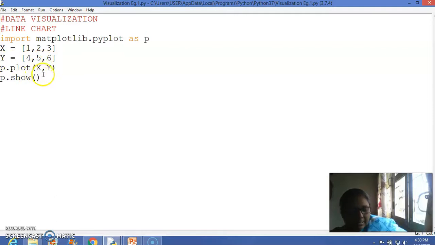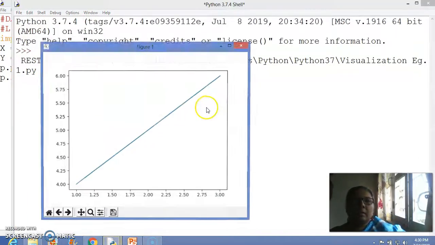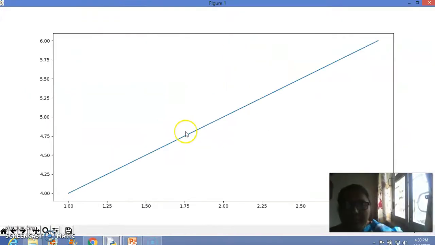Now let us see how the plot figure appears. So see, here I have not decorated the marker points. The same picture I have inserted into the PowerPoint presentation. Here marker points are not there. The title of the chart is not there. The x-axis heading and y-axis heading are not there. Legends are not there. Understood?